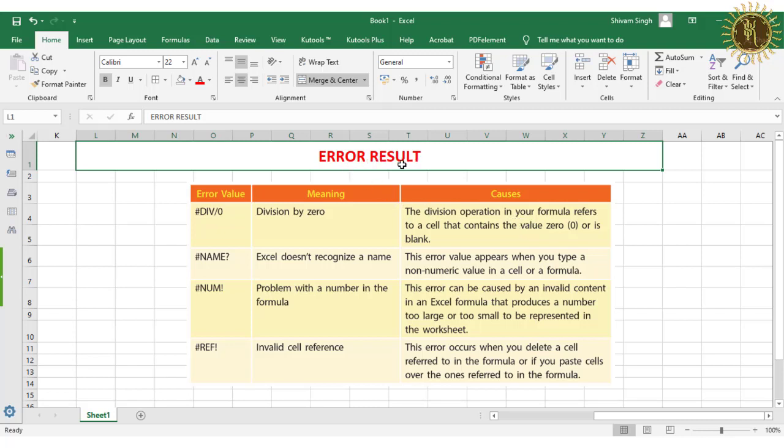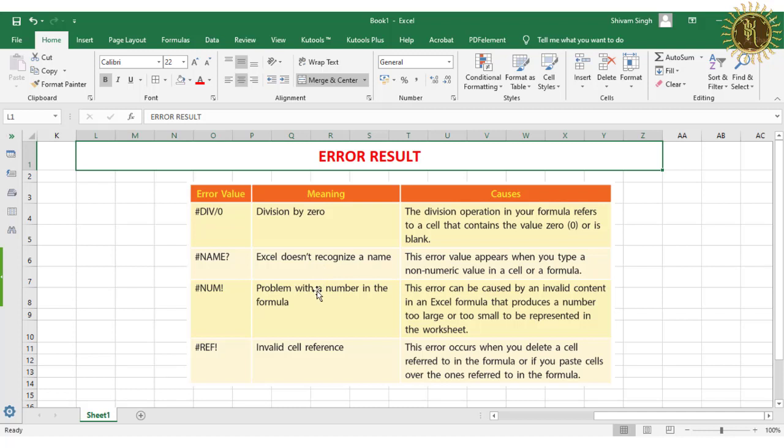After that there are error results as well. If Excel cannot calculate any formula that we have entered in a cell, it displays an error in some of these types of values.